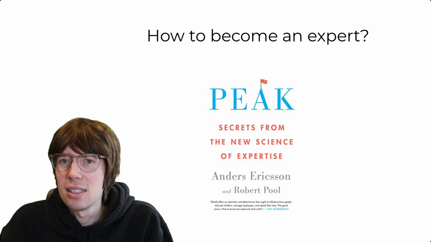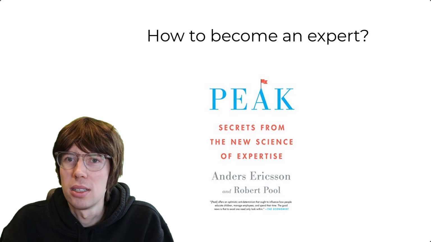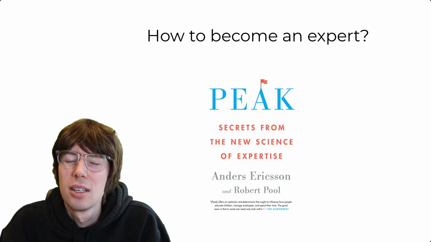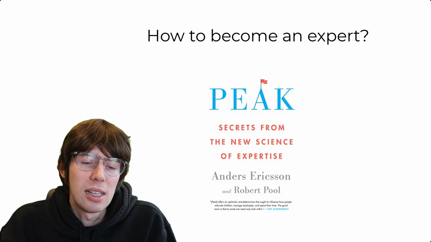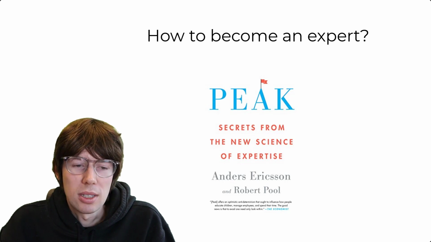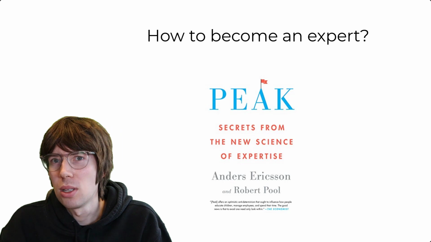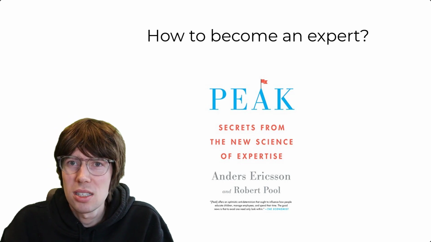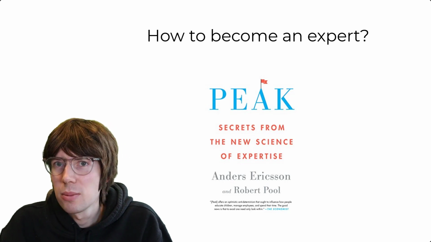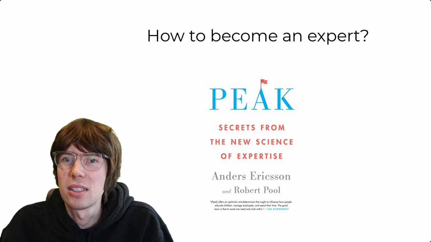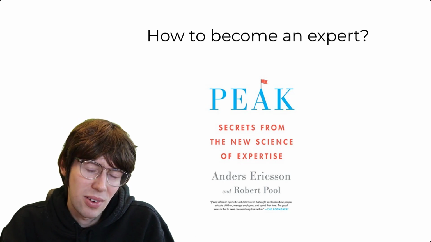So in 2016, Anders Ericsson published his own book called Peak: Secrets from the New Science of Expertise, I think it was called. I'll put it on the screen. There he talks about the limitations of Gladwell's presentation of the 10,000 hour rule. First of all, 10,000 hours is not really a magical number, it's nothing special. How much time you actually require varies from discipline to discipline. If you want to become an expert at playing the violin or chess, then you need way more than 10,000 hours. And if you want to become the world's best at memorizing random digits, which is the case he talks about in his book, then you only need a couple of hundred hours. So how much time you need varies from discipline to discipline.